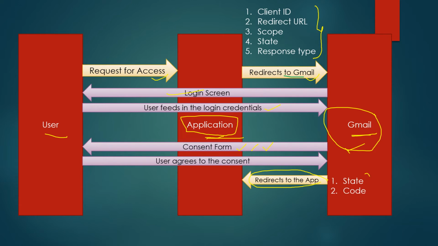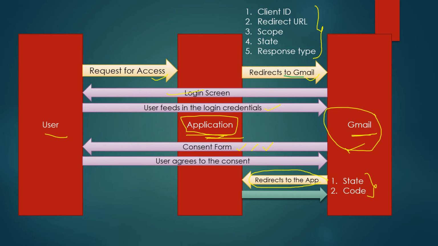So the parameters are state and the code. The state is whether it's okay or not, and the code is like a generic form of request which is actually sent back to the original application where the user is trying to register itself. Now once the redirection has happened, there will be a particular access from